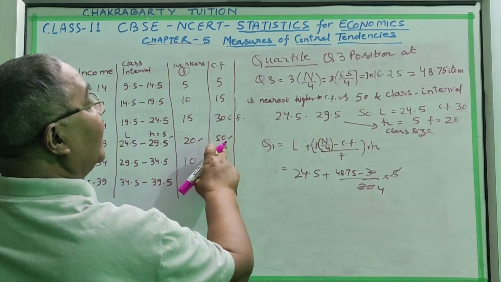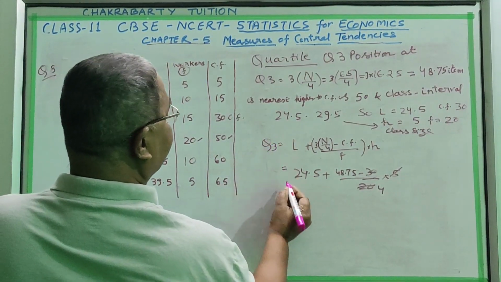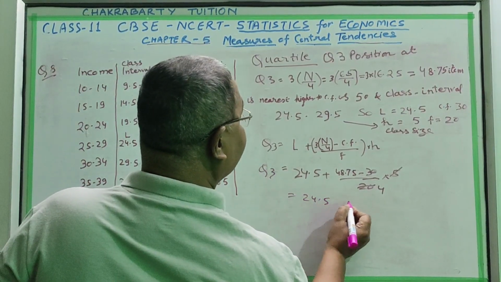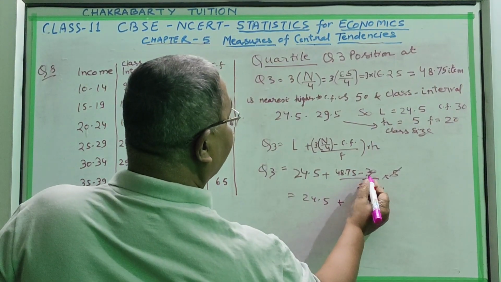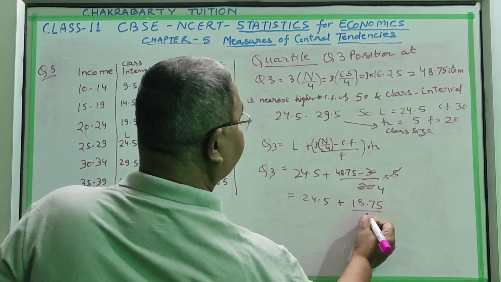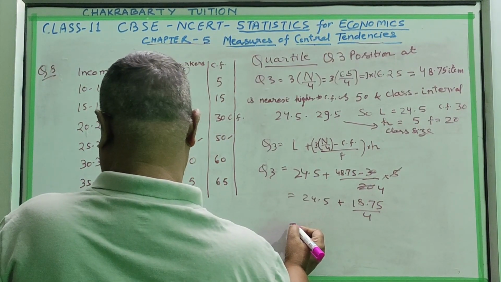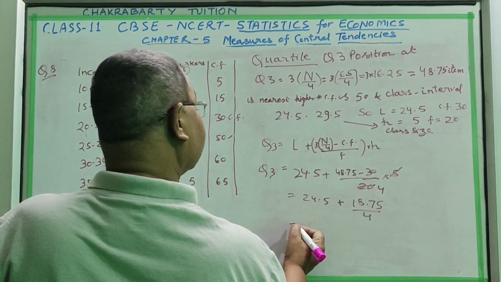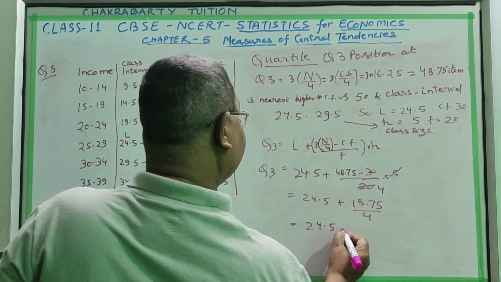Everything clear? Okay. Now like Q1 we have calculated, now Q3 we are doing. So Q3 is equal to, it will become 24.5 plus 8.75 upon 4. Okay. So 24.5 plus